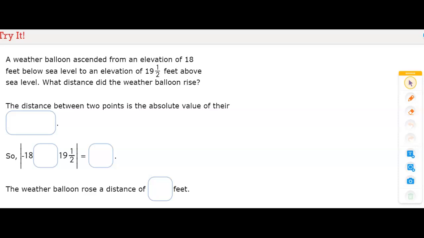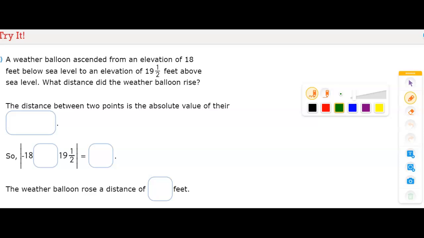A weather balloon ascended from an elevation of 18 feet below sea level to an elevation of 19½ feet above sea level. What distance did the weather balloon rise? So ascended means to go up, right? So that word ascended means to go up. So that tells us it's going to be,